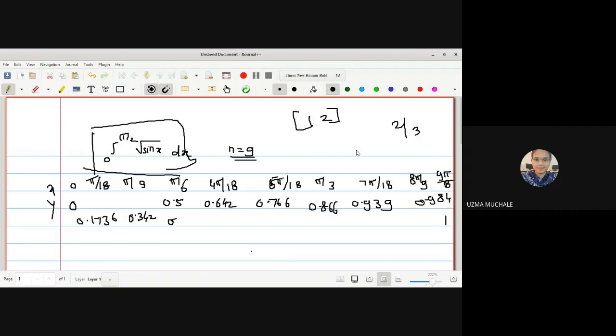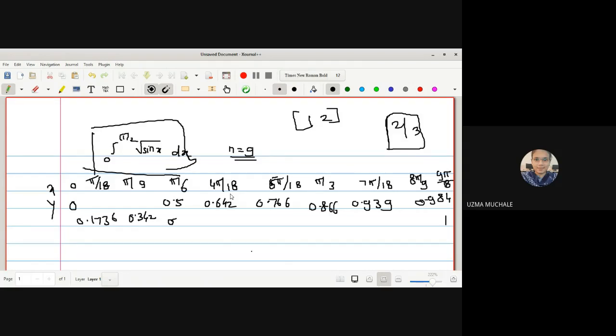Okay, before that, I want to ask how you have solved the integral of under root sin x. For sin x, what did you substitute so that you can solve this integration? Ma'am, sin x is equal to t. Okay, you have put sin x equal to t, and the limits change. Right. Now you have to verify. You should get an answer very near to 2 by 3 after solving by trapezoidal rule as well as by Simpson's 1/3 and 3/8 rules, right?